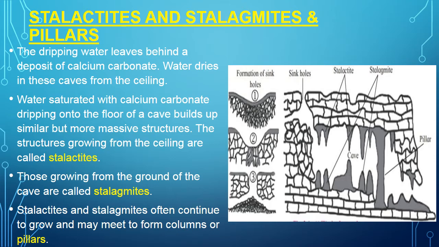From the sinkhole, when water starts moving, all the material starts dissolving, but the calcium carbonate deposit that forms on the ceiling is called a stalactite, and when these deposits are seen at ground level we call them stalagmites. In the figure you can see that when the stalactites and stalagmites meet each other, or if there is continuity between them, it is converted into a pillar.